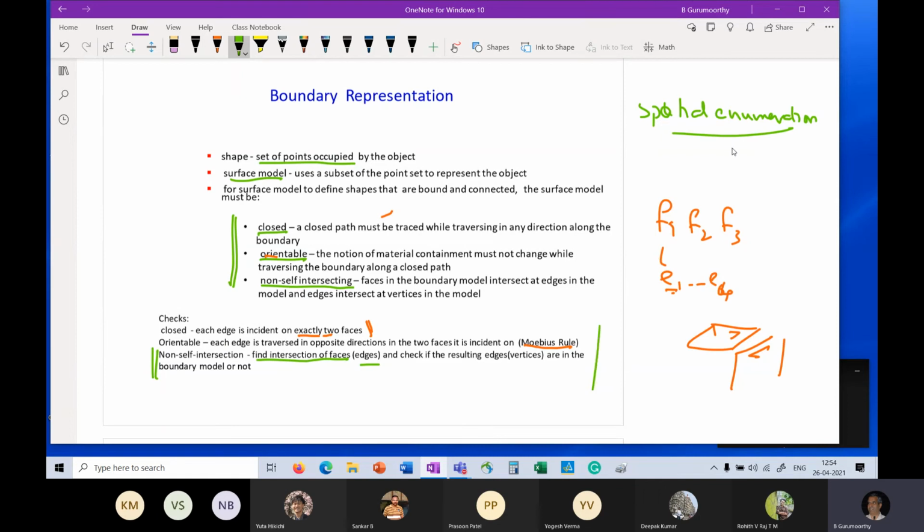Just like in the spatial enumeration case, where we concluded that the ab initio construction is not easy, the same conclusion has to be drawn for the BREP as well. If you try to construct the BREP of an object from scratch, it is not easy.